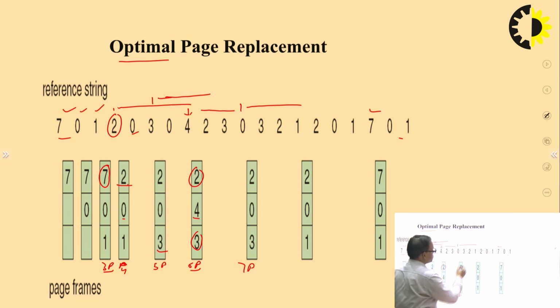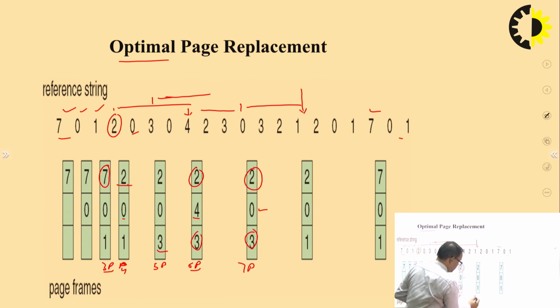So among these 3, 2 and 4, 4 is selected for the replacement. Next, 3 is present in main memory, so no page fault count. 2 is present in main memory, no page fault count. 7, 1: when the CPU refers to the 1, then the page fault count value will be increased, and we will move